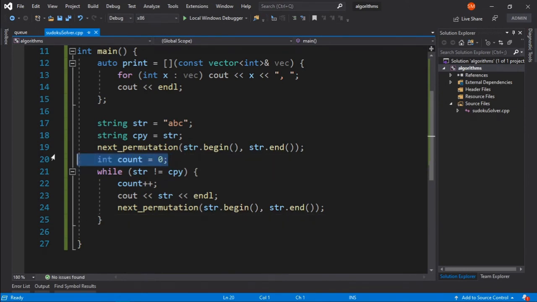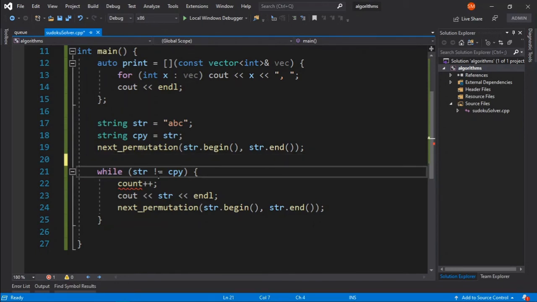Now I'm not going to print the whole thing, but I hope you can understand what I want to say here. If you want to loop through all the possible combinations of a particular scenario, then you can do this kind of thing. You can use next permutation to make your life a little easier.